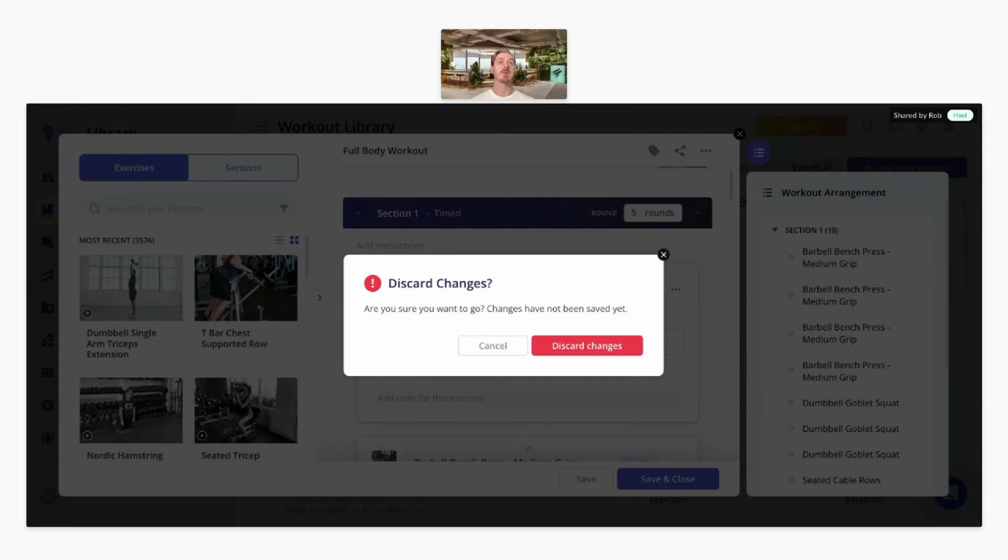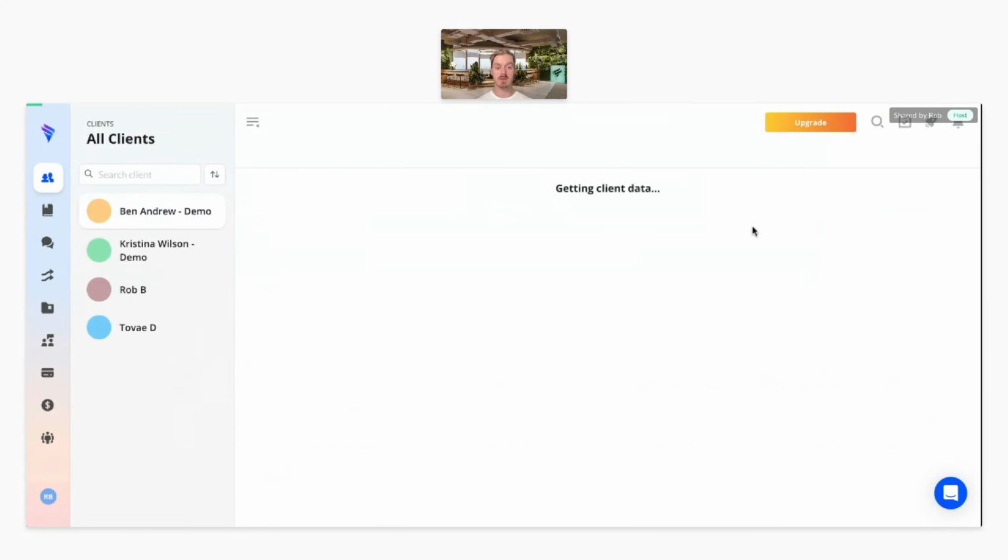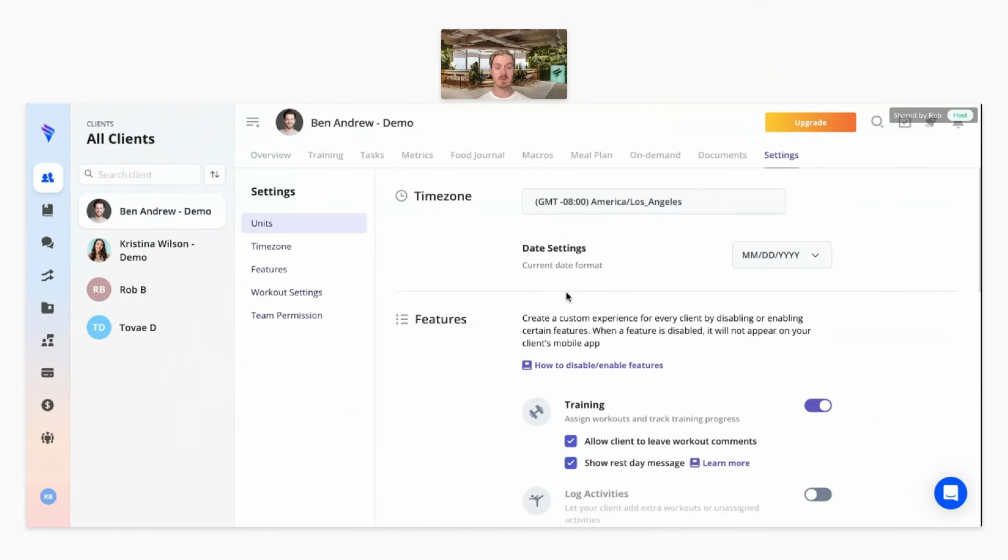Sorry, just reading Becky's question. Can a client have all views of a workout? So the previous week, the current week? Yes, you can. So how you would set that up is, again, going back to the client settings,